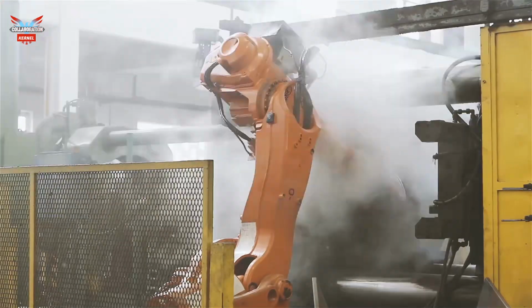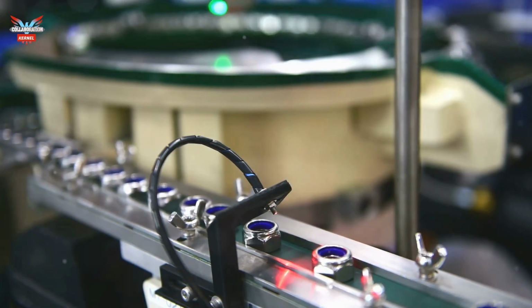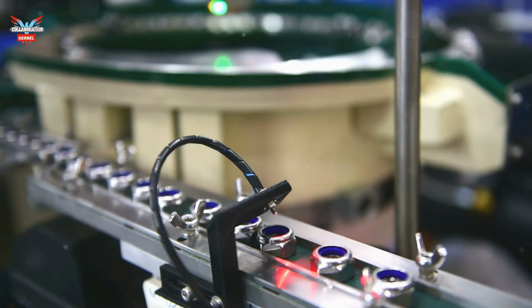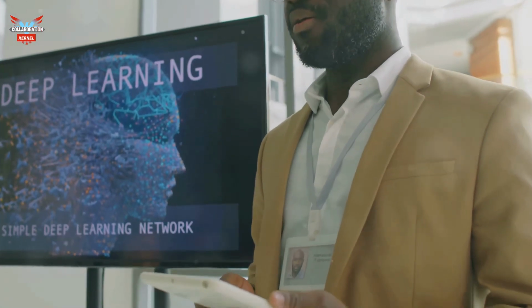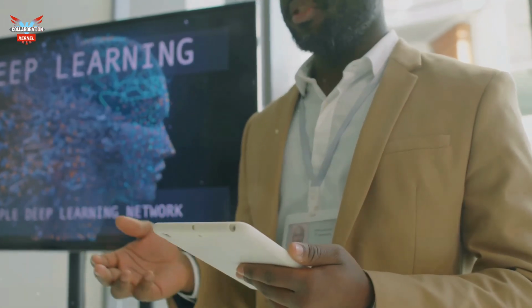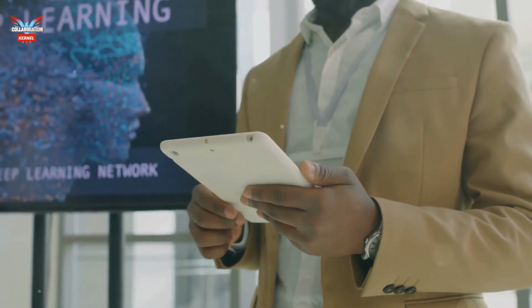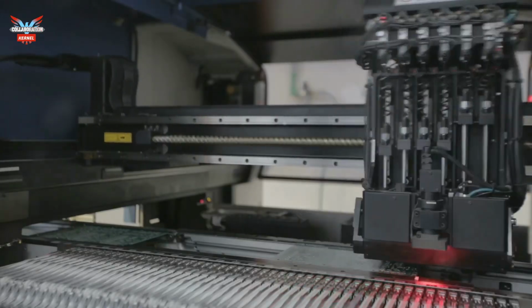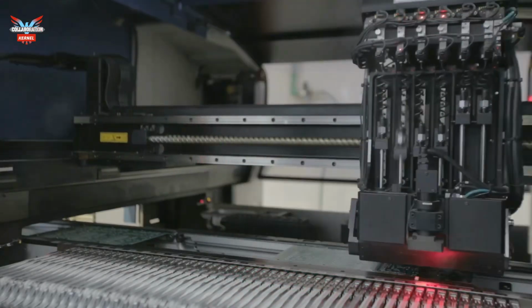Quality control automation. AI-powered quality control systems represent a significant advancement in manufacturing precision. These systems employ advanced machine learning algorithms, particularly deep learning neural networks, to offer unmatched speed and precision in defect detection. Visual inspection systems equipped with AI can detect various defects, from surface imperfections to complex anomalies, with greater accuracy